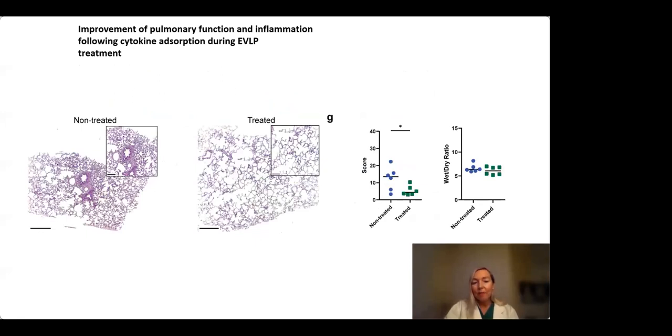The images here are the H&E histology, and they showed a resolution of the acute lung injury RDS changes in the treated lungs, while the non-treated lungs still had severe lung injury, which was also reflected in the lung scoring. So the treated lungs showed a sort of restoration and repair of the lung damage during EVLP. But if you compare this to the histology taken after establishment of lung injury, then both treated and non-treated lungs actually became better histology-wise. That was also reflected in the lung scoring.